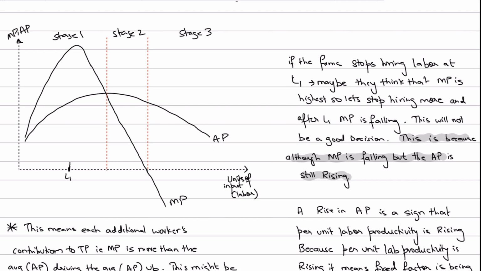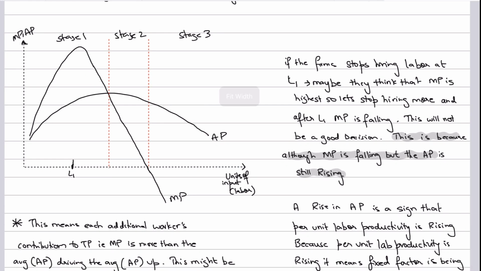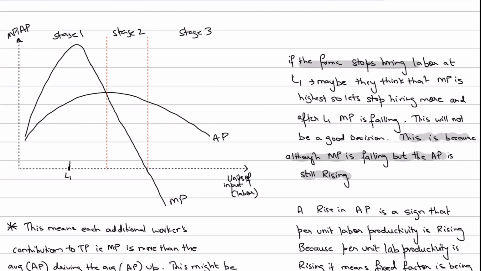Since it's not bringing the average down, in fact your average is increasing, why not hire more workers then? Hire more workers, produce more output. That's exactly what I've written over here as well: at L1, let's say the firm stops hiring labor. Maybe they think that MP is highest, so let's stop hiring, because after L1 diminishing returns has kicked in and MP is falling. What we're saying is that this is not a good decision, because your MP is falling, but the average product is still rising,